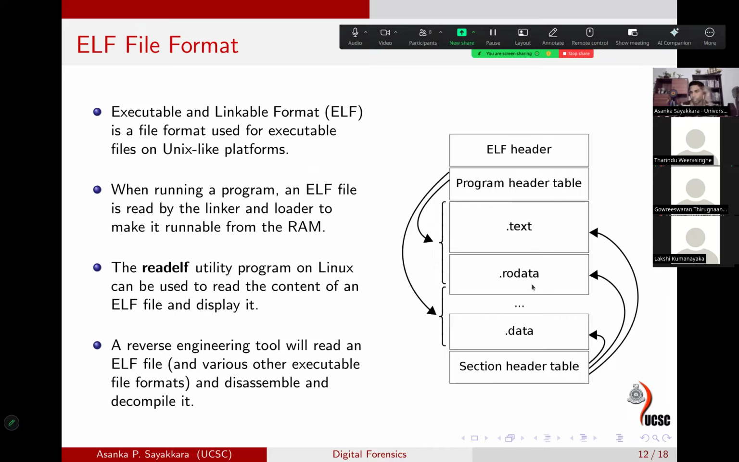And then you have the .raw data, and then you have the stack. So you have the stack and the heap, right? And various other things within the executable ELF file format, and some additional headers as well. So we are not going to study the file format, but generally the ELF file format has some very fixed,